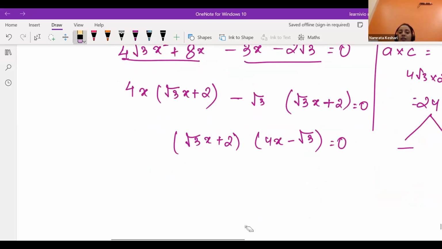So what are the x values? Okay, the x value is minus 2 by root 3, the first one. The second one is plus root 3 by 4. Okay, these are the x values. Now the next question is